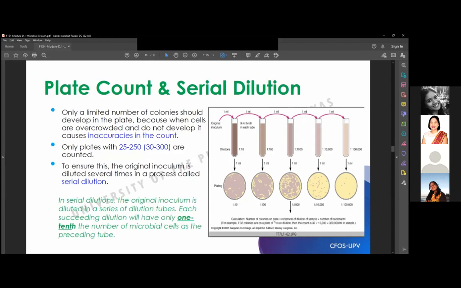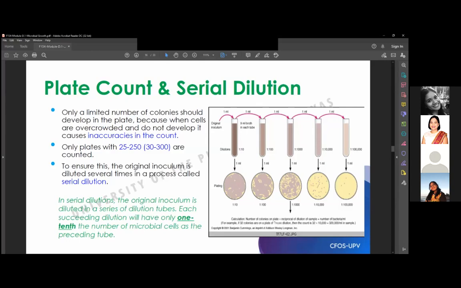Okay? This shows a clump of bacteria. Madami yan. Kahit maliit na maliit yan, it does not represent a single cell of a bacterium, no? It represents short segments of a chain, if your bacteria are in chains, like the streptococcus or staphylococcus, or a clump of bacteria. Madami yan sila, kahit maliit yung colony na yan. Okay? So,